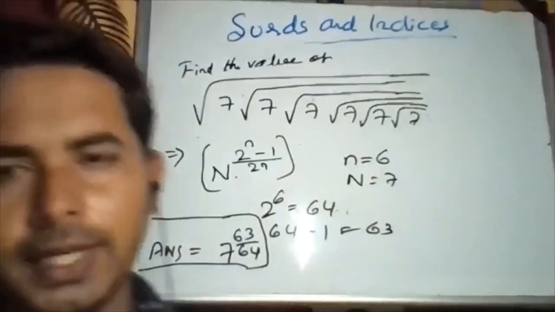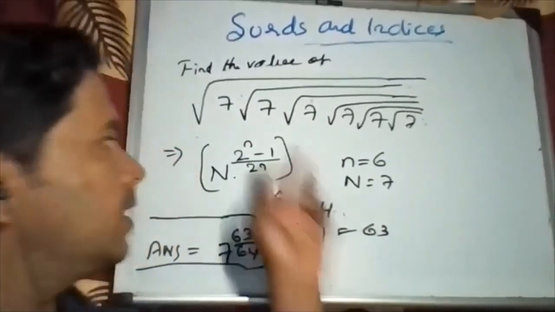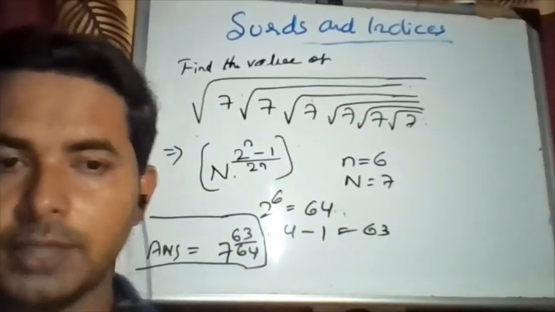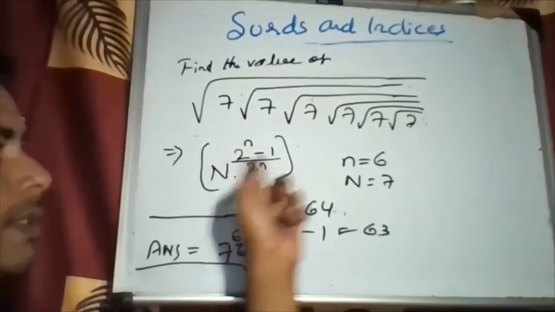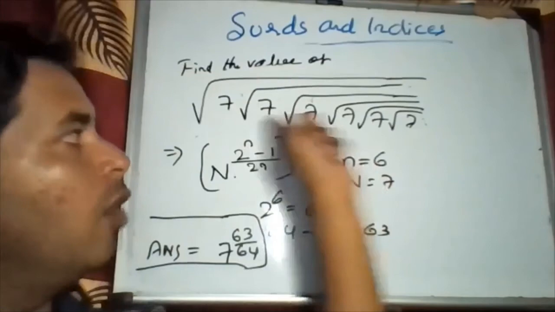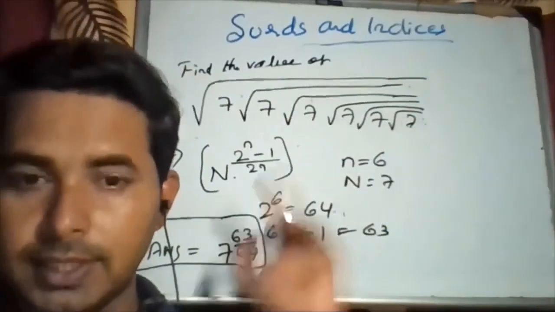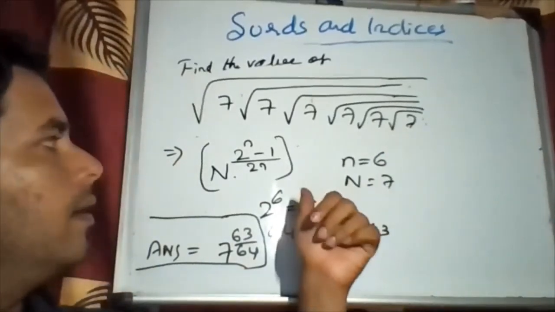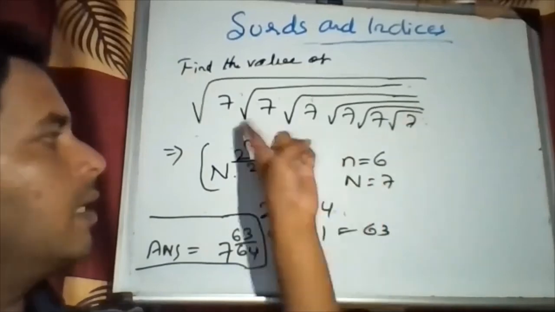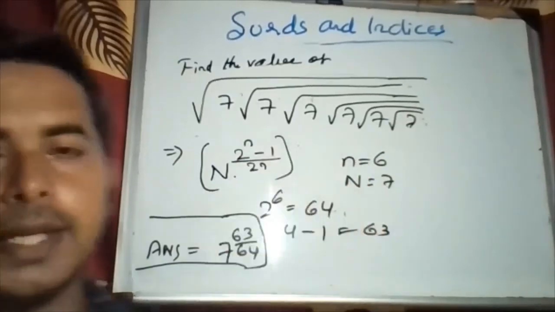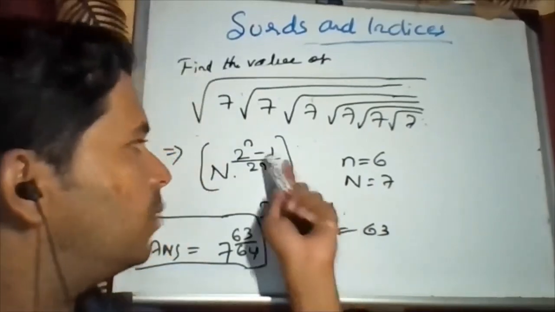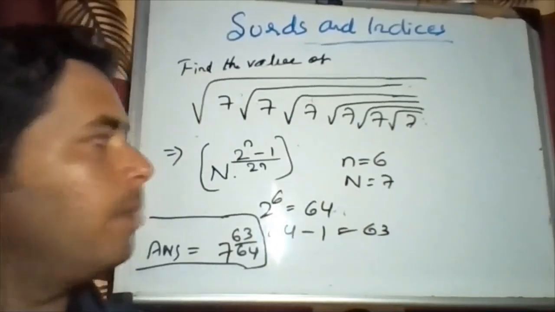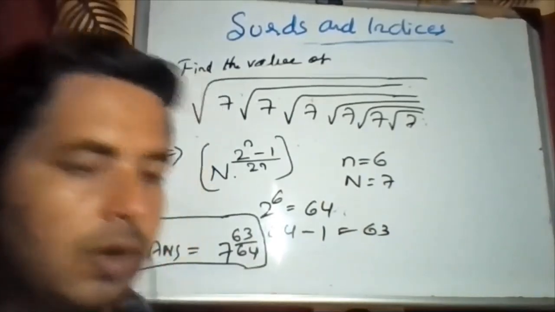So if you are not getting any other value, no problem. Just use the formula. Just remember this formula: N raised to (2 raised to n minus 1) by 2 raised to n. ये क्या है? Raised to है, इसके साथ multiply नहीं है. Small n is how many similar numbers there are, इधर देखो similar रहना चाहिए, divided by the given number. So remember this formula to apply to such types of equations. It will help you solve any type.